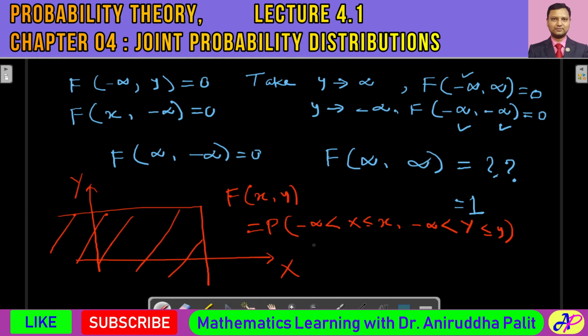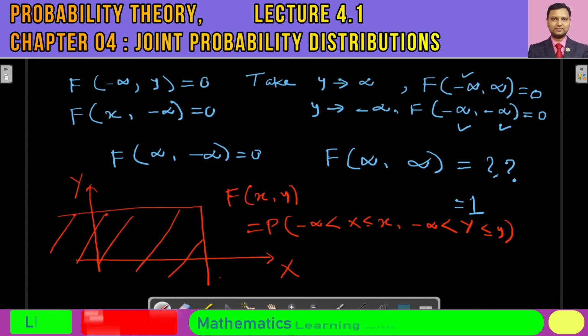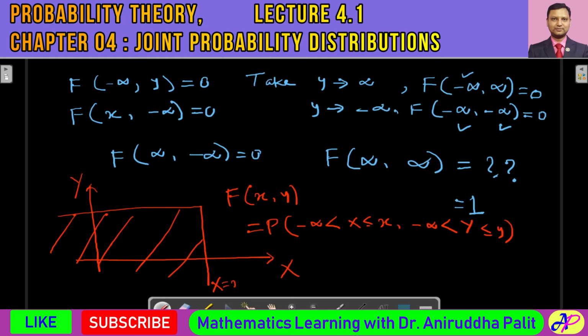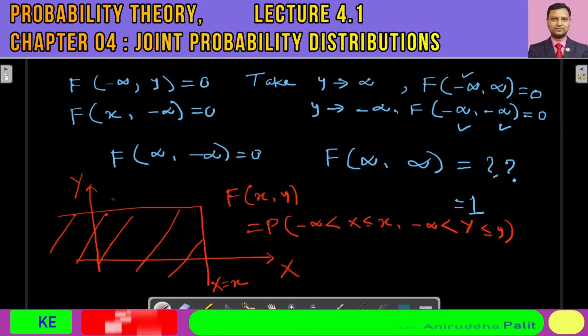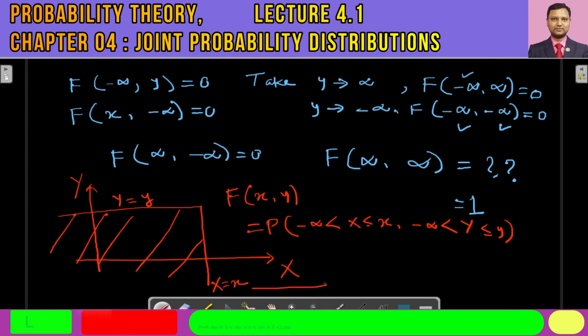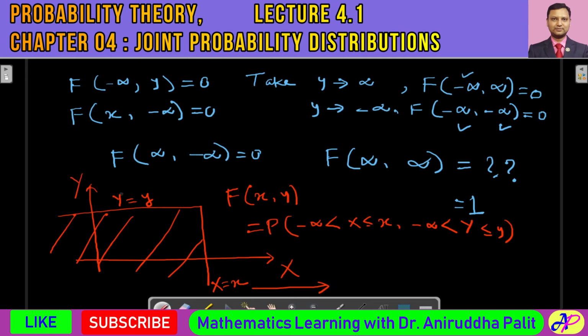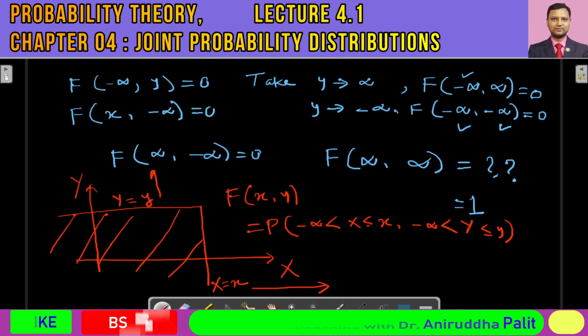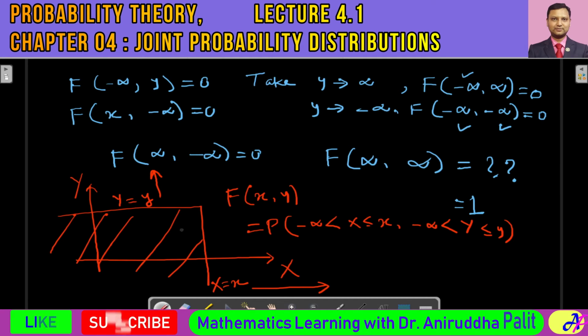Now, if you further take the limit, this is the straight line capital X is equal to small x, and this is the straight line capital Y is equal to small y. So, if you take the limit with small x tending to infinity and small y tending to infinity,